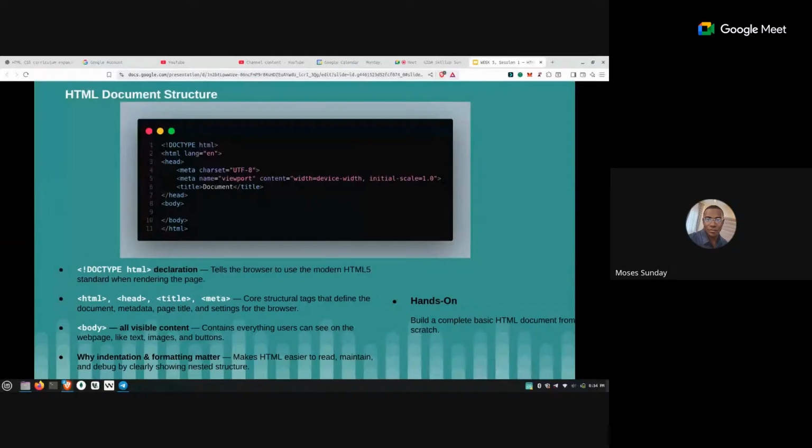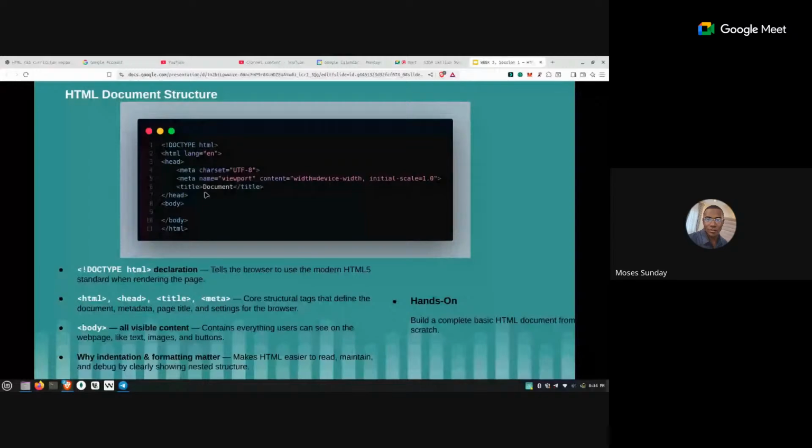Like we will build a house, we have a building or erect a structure using HTML. So the HTML is the building block,